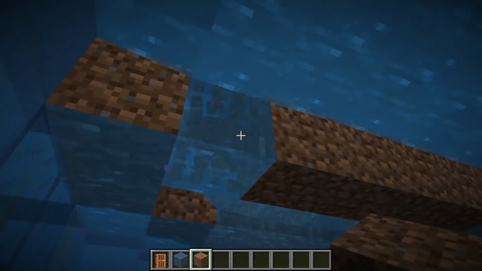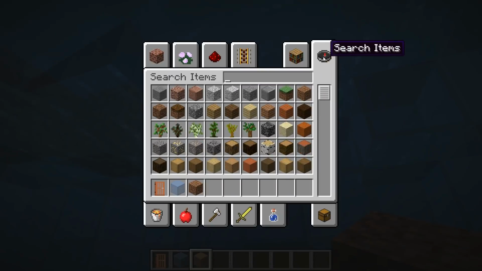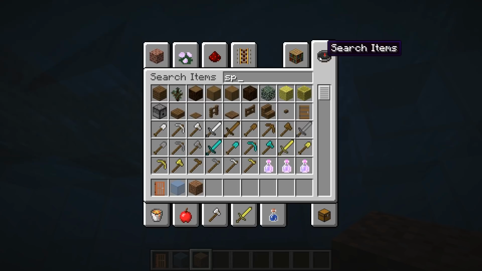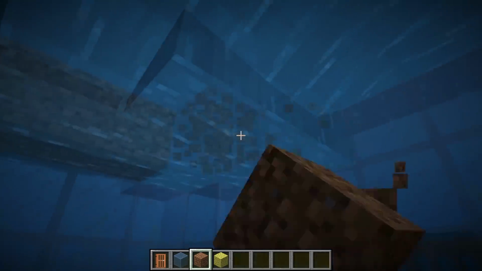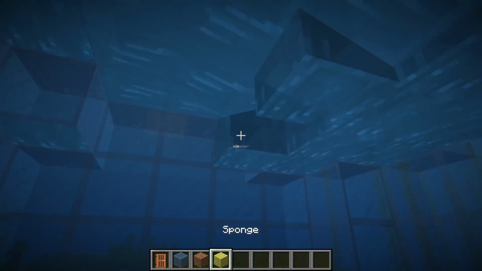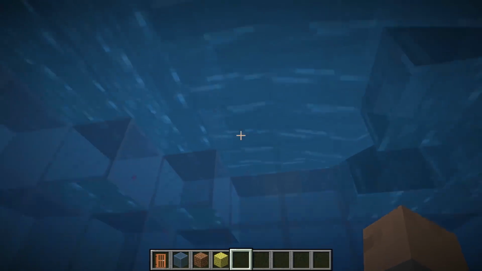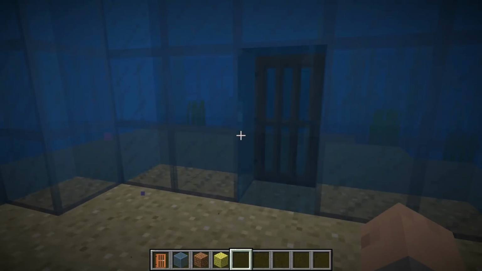But of course, you guys already know the faster way to pull this off is to use our favorite block, sponge. Now, sponge is a little bit difficult to come by. You basically need to have found... you really need to have found, not basically, you absolutely have to have found an ocean monument